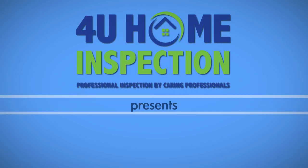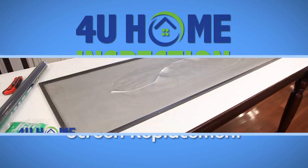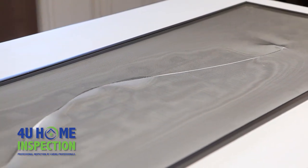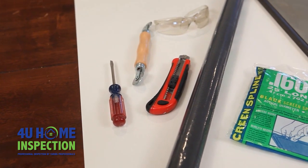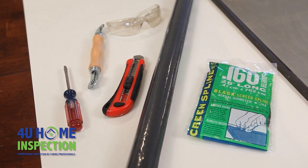In this video, we show you how to replace a warped or torn screen from a window or screen door. With just a few tools and a roll of screen wire, your window can be back in working condition with minimal cost. You'll need the following tools: a flathead screwdriver, box cutter, window spline tool, a roll of screen wire,